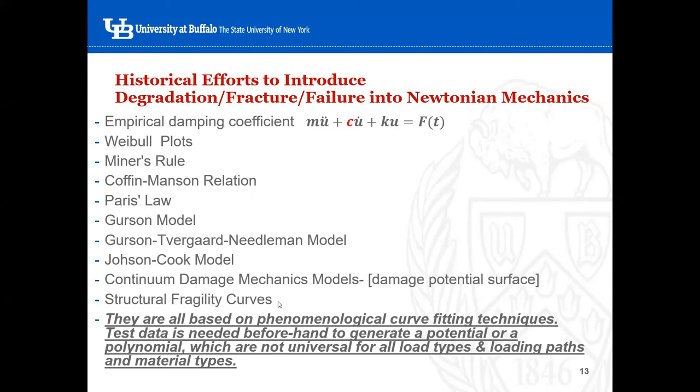Essentially, you introduce energy loss degradation into Newton's universal equations of motion by these empirical methods. You do an experiment, you get the data, you curve fit to a polynomial, and then you put it into Newton's equations. So they're all based on phenomenological curve fitting techniques, and test data is needed beforehand to generate a